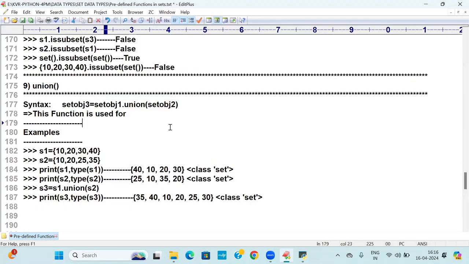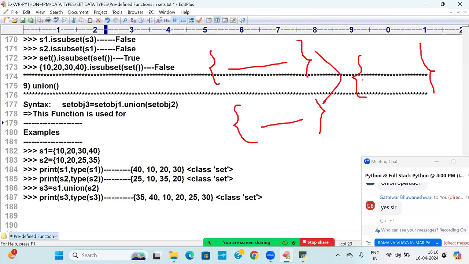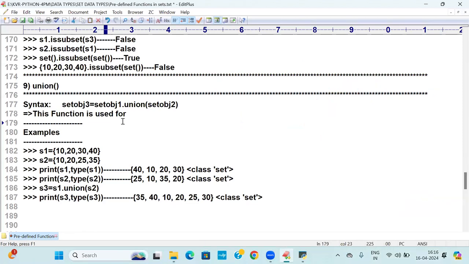It is something like the elements available with you and the elements available with me being kept into another set. We can call it merging. Used for obtaining unique values of set obj1 and